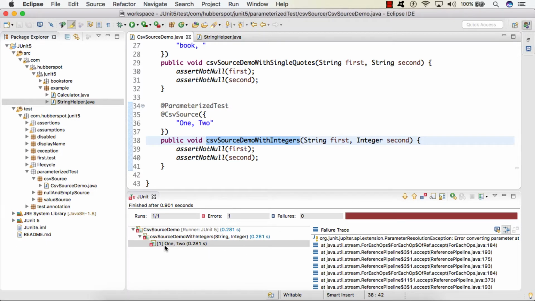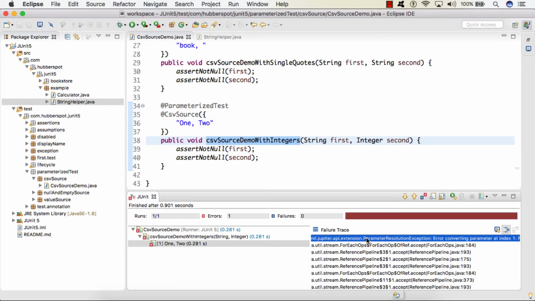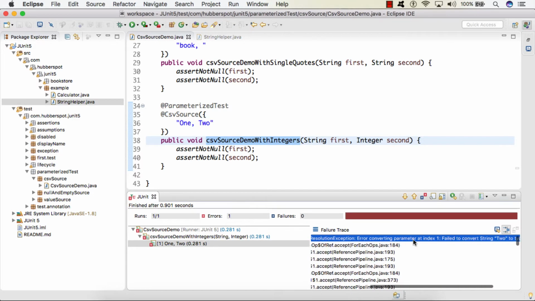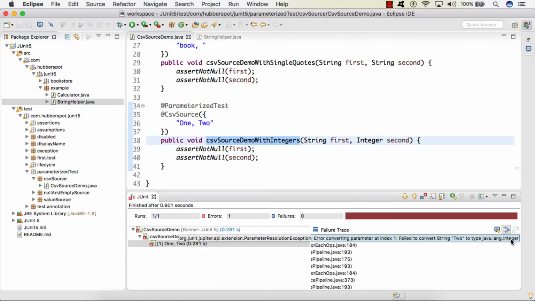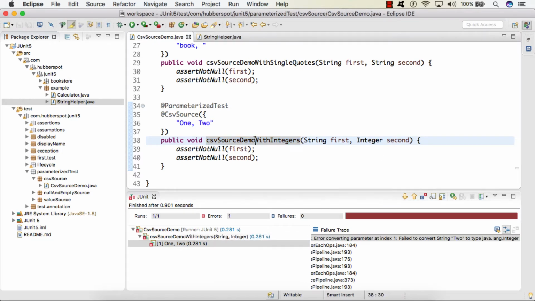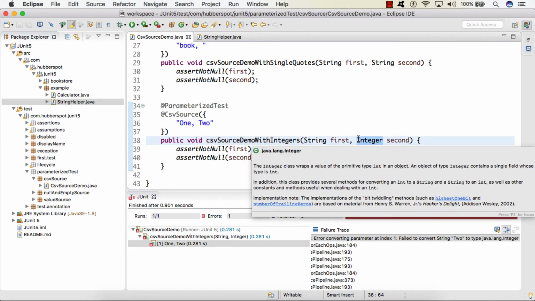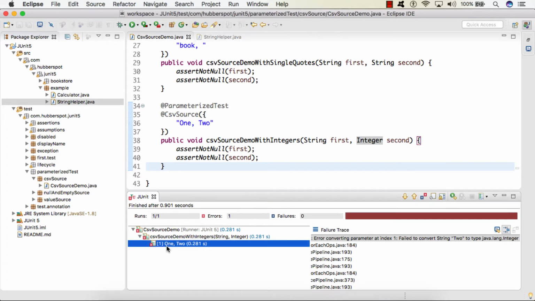So here you can see that it gave an error, and the error was parameter resolution exception, saying error converting parameter at index 1, and the message something like failed to convert string 2 to type java.lang.integer. So here it says that it failed to convert this value 2 to integer and therefore it gave an error.